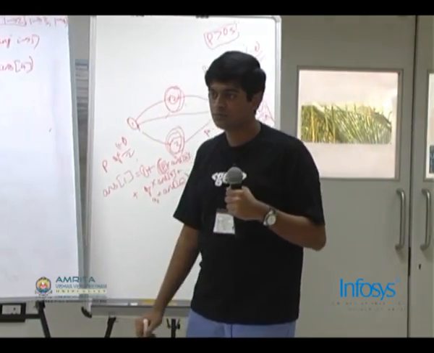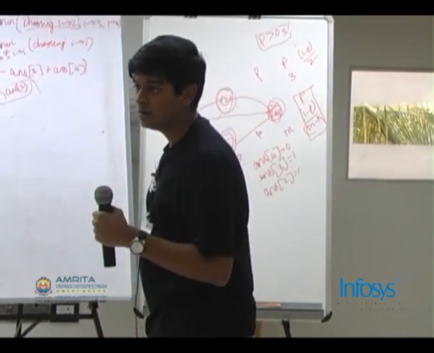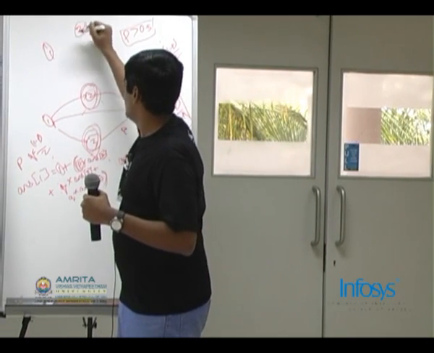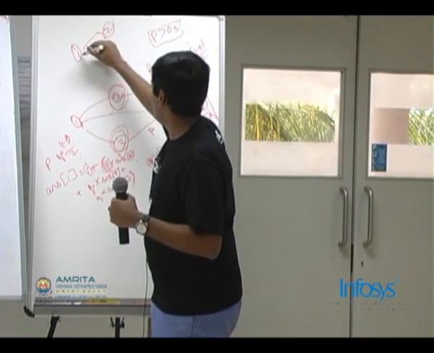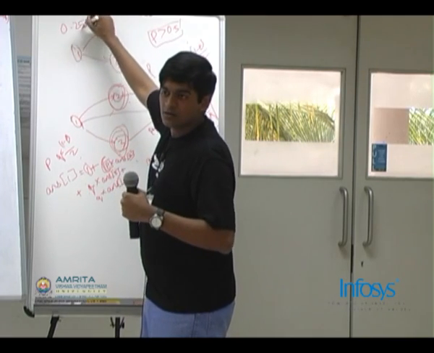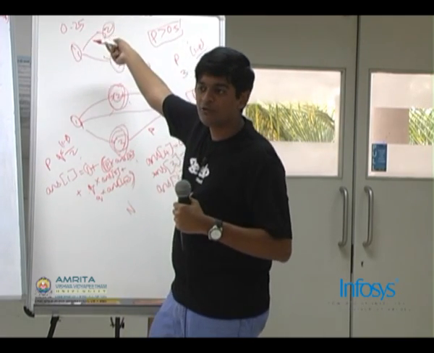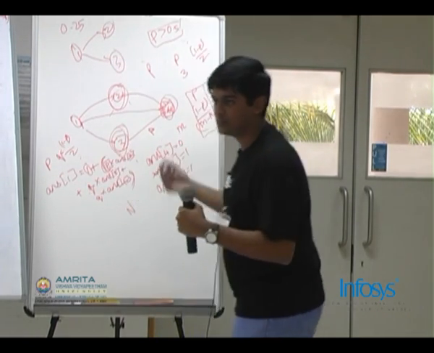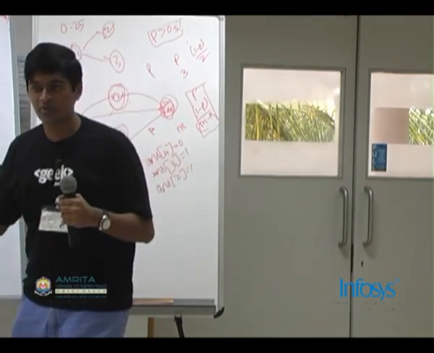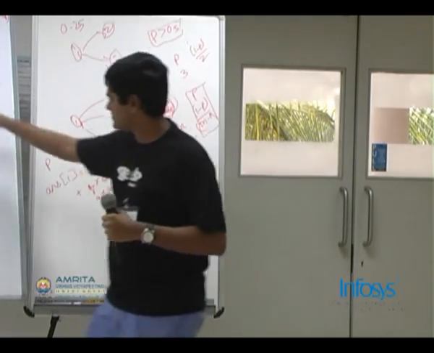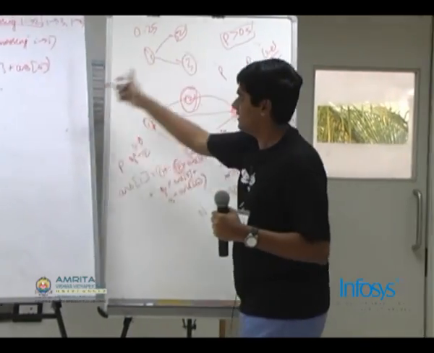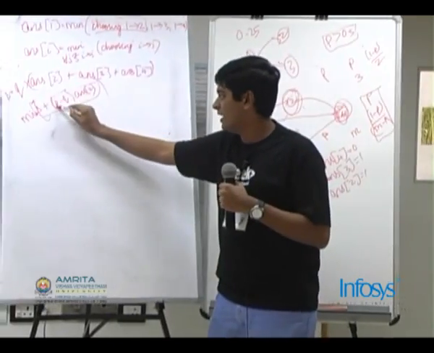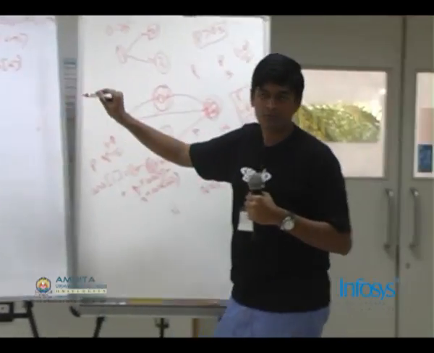Why does it need to be greater than 0.5? Huh? Condition P greater than 0.5. Otherwise, say if we have a node 1, 2 and 3, if P is say 0.25, the direction you choose has a probability of going only 0.25 and the other edge has 0.75, so you will choose the maximum instead of minimum. Yeah, I don't want to complicate it. Anyway, this method will work independent of whether P is greater than 0.5 or not, because anyway you will have a minus sign here for P minus Q.